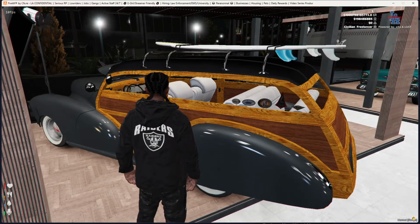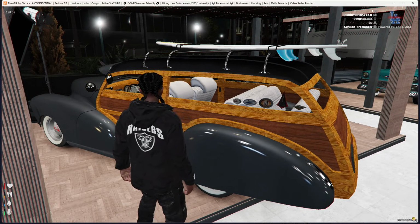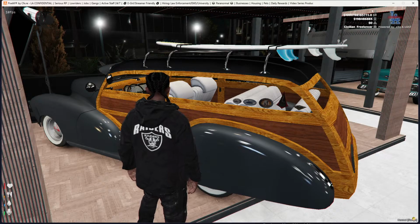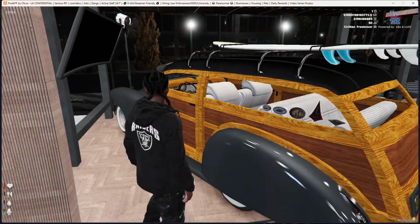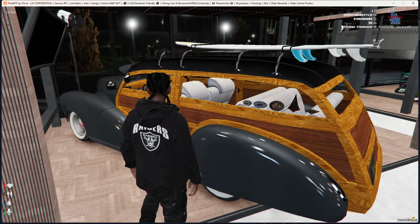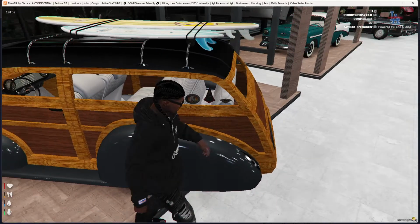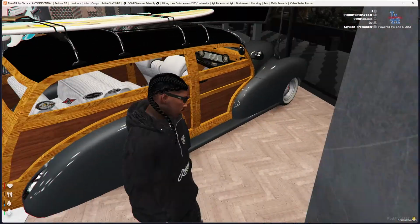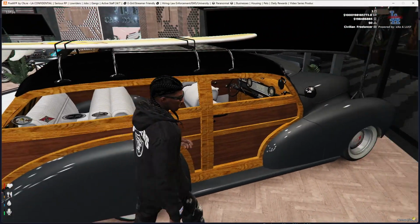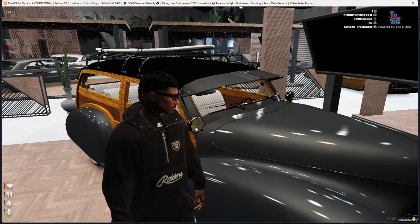There is a brown Landau custom top, which indicates this car is not taken out much. And then there's two chrome dummy spotlights, one on each side, and then your rear view mirror. And then this wood grain. It is actual wood. It wasn't fake. It wasn't pressed or anything like that, or simulated wood. It was actually real wood. So this right here,